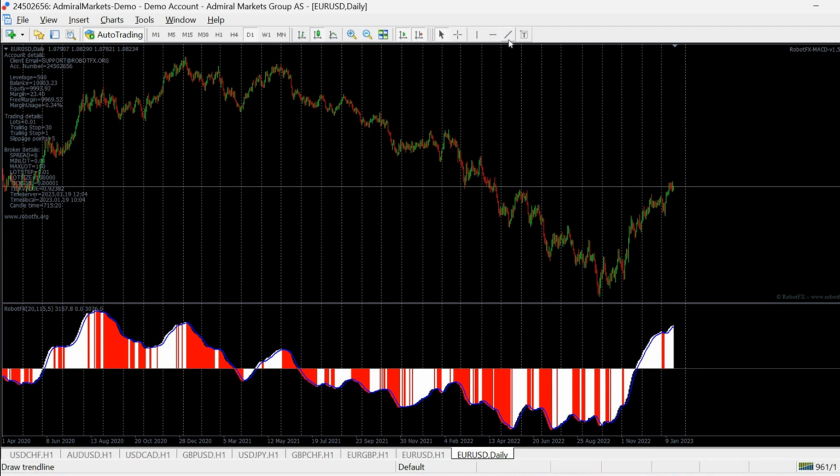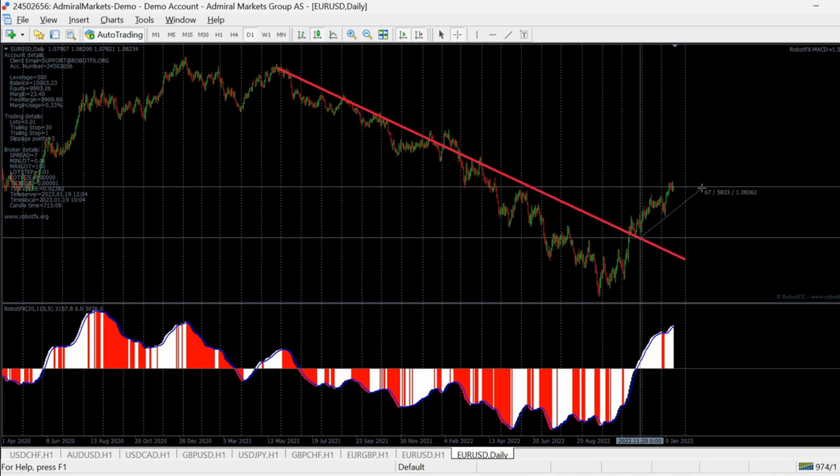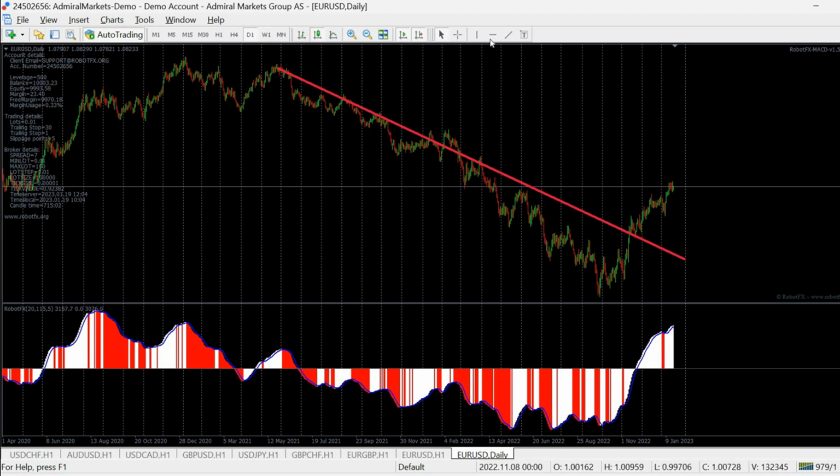As we can see, we had a downtrend starting from here and pretty much until somewhere at this area where the price broke above this line, the resistance line. And as we look on the chart, we can also see that for this area the MACD bars are below the MACD 0 level. So that means basically that the MACD indicator, at least with this setting that I have chosen